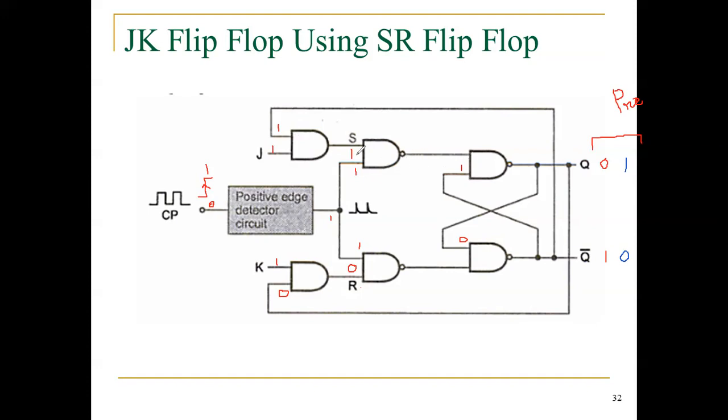Then since all the inputs are 1, my output will be 0 here. One of the inputs is equal to 0, my output will be 1. So initially I made the assumption equal to 0 here. That 0 comes to here. That makes the output equal to 1. That 1 comes to here. Therefore, what will happen? Please listen. That 1 comes to here. This makes my output like this.